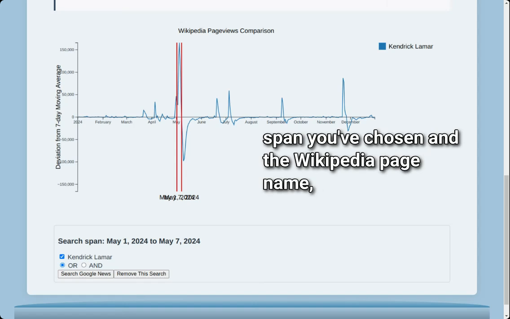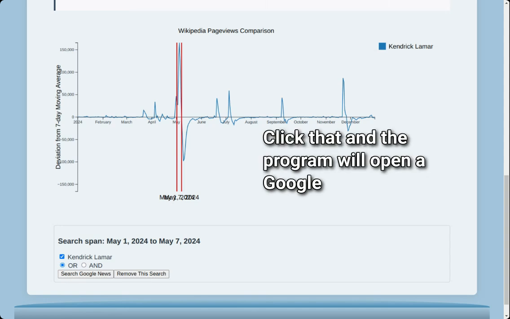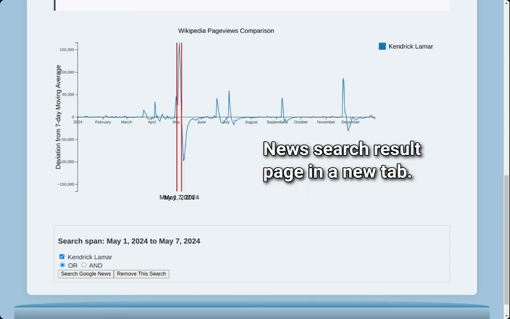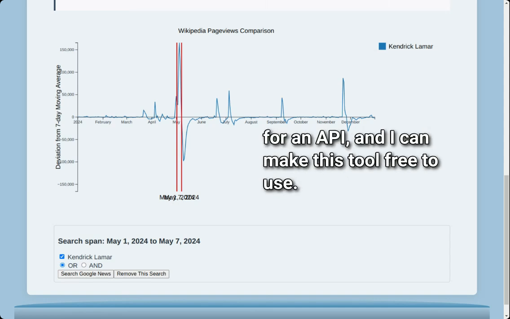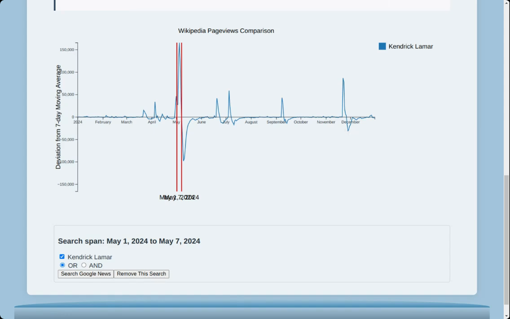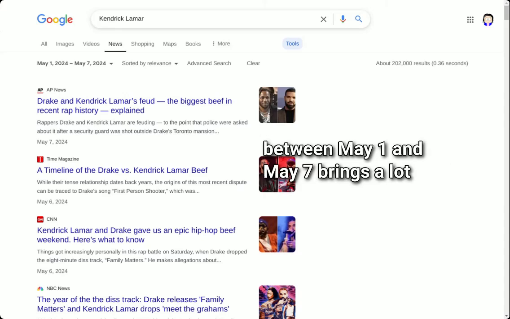and the Wikipedia page name, along with the Search Google News button. Click that and the program will open a Google News search result page in a new tab. Setting up the search that way means I don't have to pay for an API and I can make this tool free to use. In this case, searching Kendrick Lamar in Google News between May 1st and May 7th brings